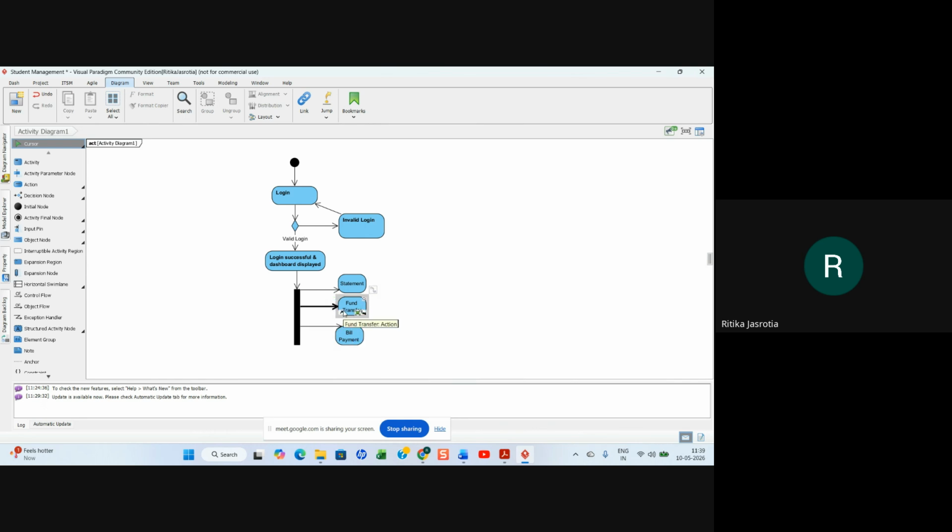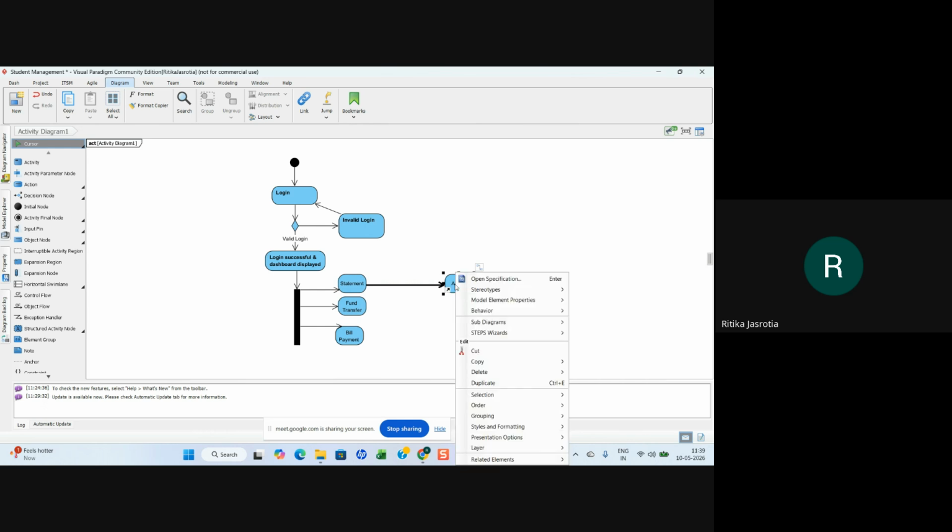If you are doing fund transfer, then there are multiple options which are there, so you will select that option. Suppose you are checking the statement. So you will check the statement, right? Then the statement is printed. So this is the activity after this. I'm just giving you an example.